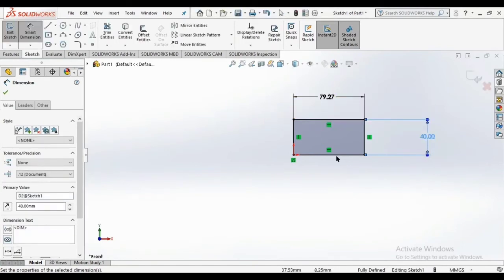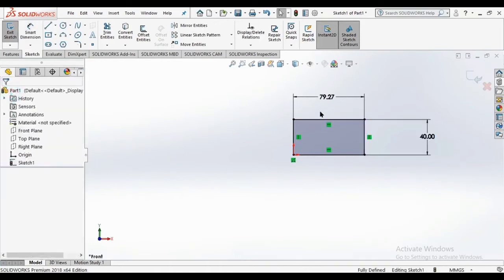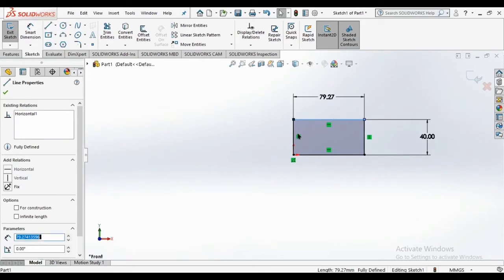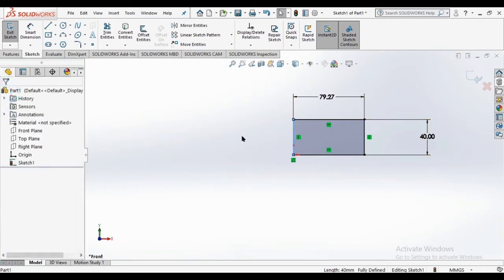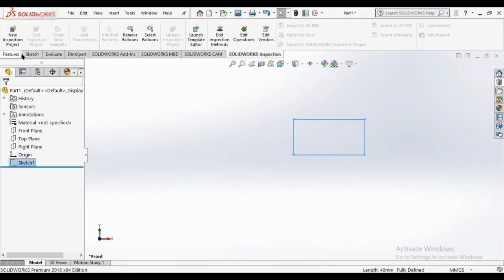So now it's black. If we want to move the line, it can't move, because now the sketch is fully defined. So click OK. Now we have to exit sketch, and we have to use the extruded boss base feature.